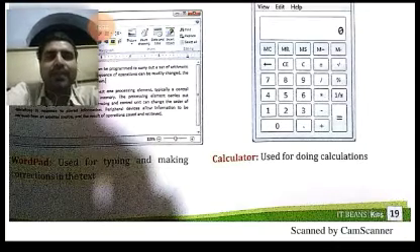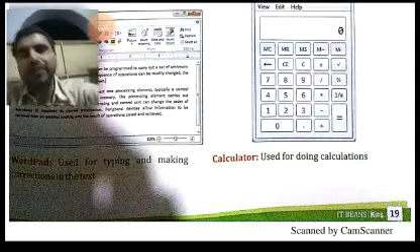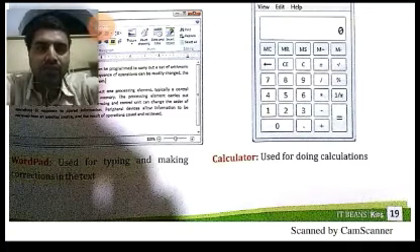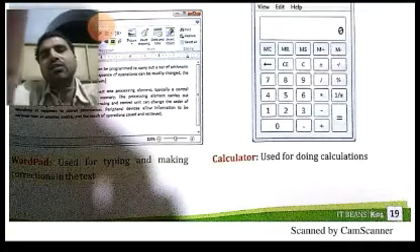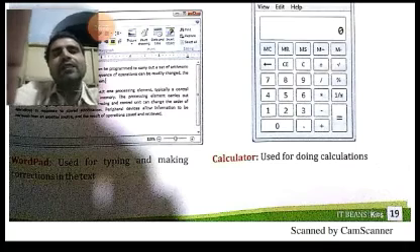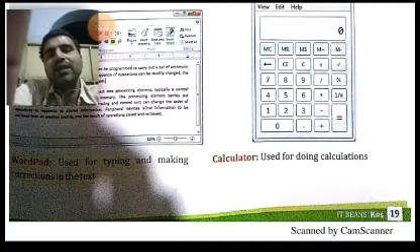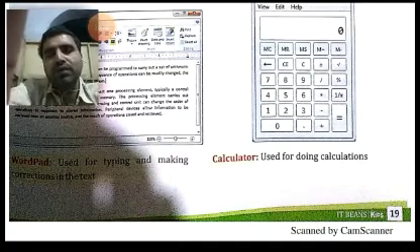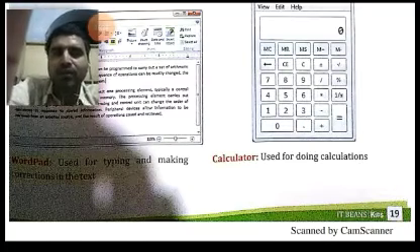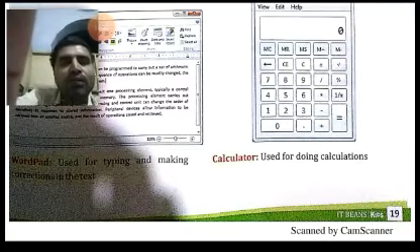If you have already typed some text and want to correct it, the corrections can be done with the help of WordPad. We can create a new document with WordPad, and we can also make corrections to any previous document.